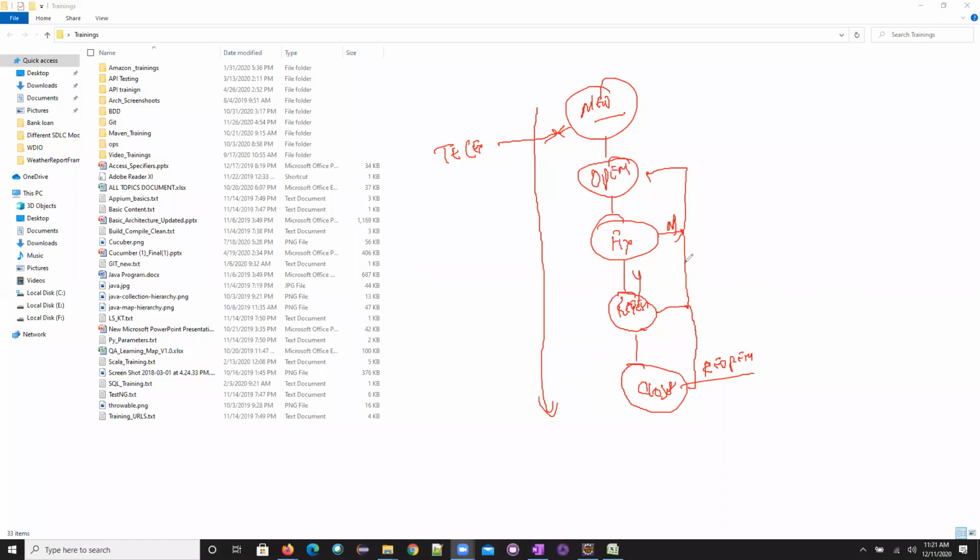Okay, so now to give you the pointers, this is our bug life cycle. Now you know where this bug life cycle was born. Once the bug life cycle is born, these are the phases we have. Coming to the first one, new. When you are executing a test case, one test case fails, and you see that this is a deviation from the expectation.